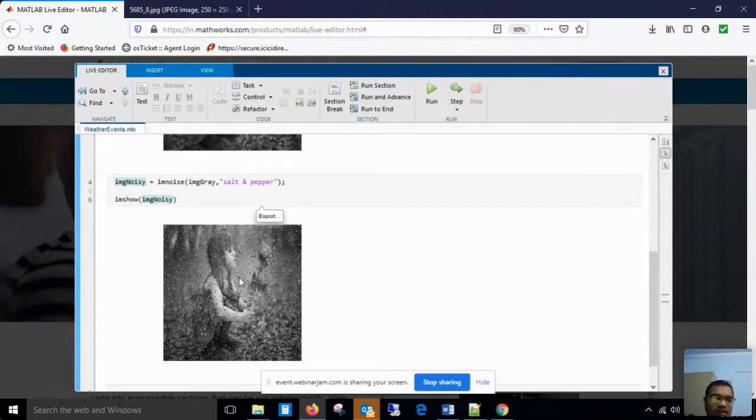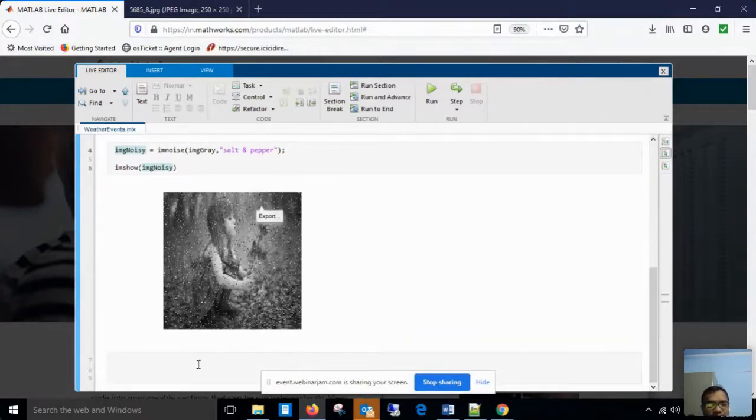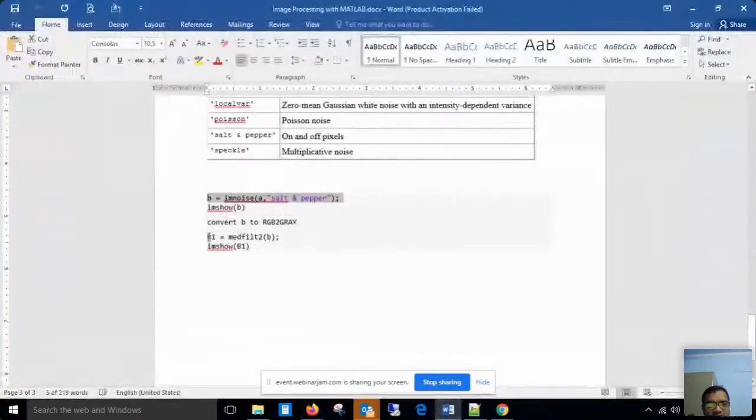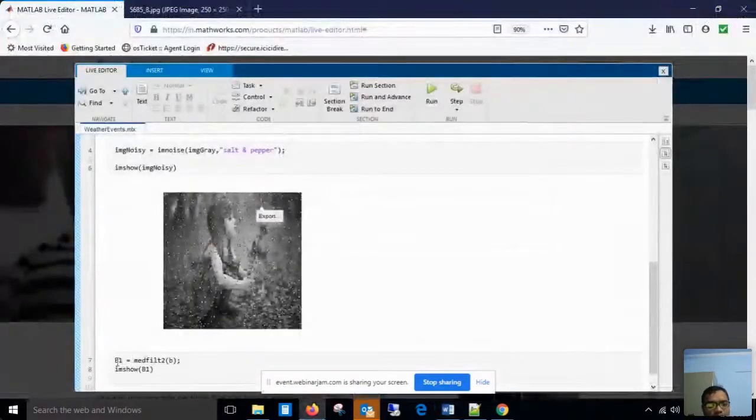So what happens if I apply a smoothing filter on this image? We have seen that a smoothing filter doesn't completely remove this salt and pepper noise. So we should apply the median filter, right? The command for the median filter is this one, medfilt2.